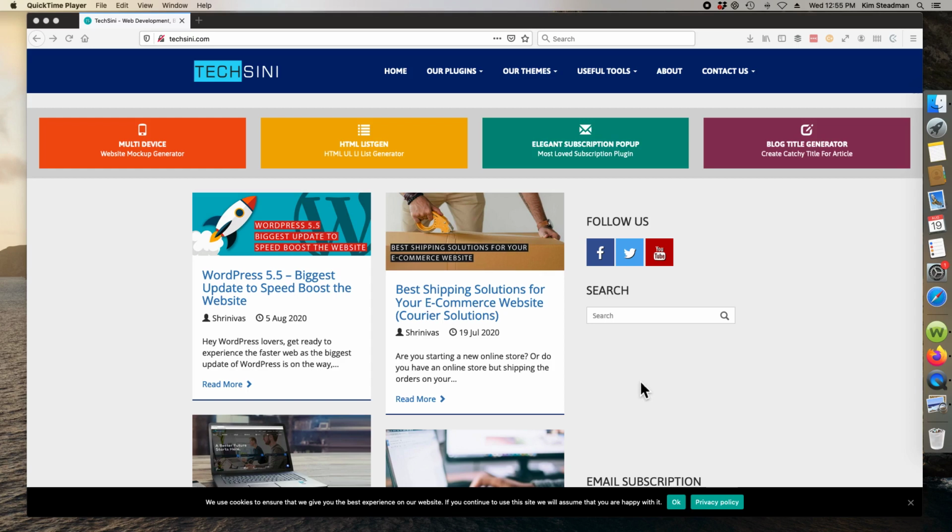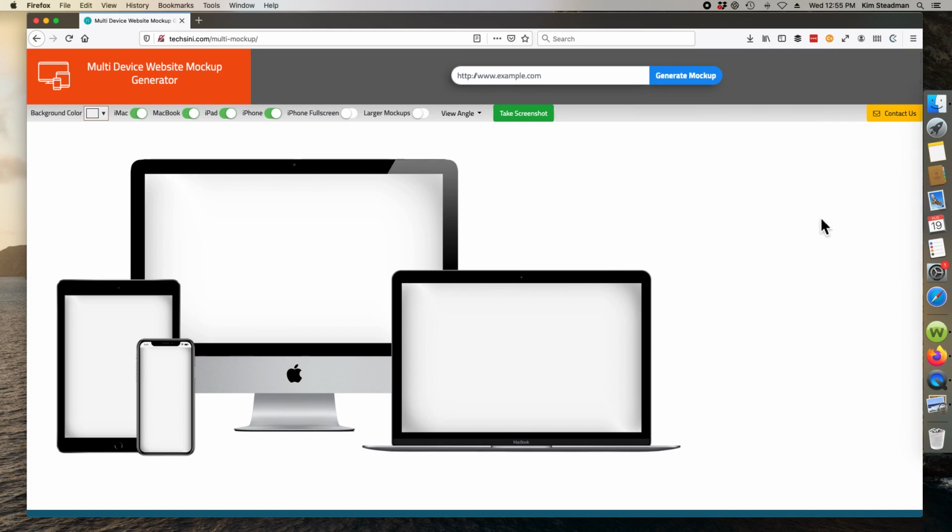Class is about an easy way to create a multi-device mock-up generator. A lot of times when you're selling a course or creating a course or even selling a book, you're wanting to show that that book is going to be available as a Kindle or a PDF download or whatever. So this company is called Texini, and if you go to Texini and go to this one that says multi-device, you get this very cool look of a Mac and a MacBook and an iPad and an